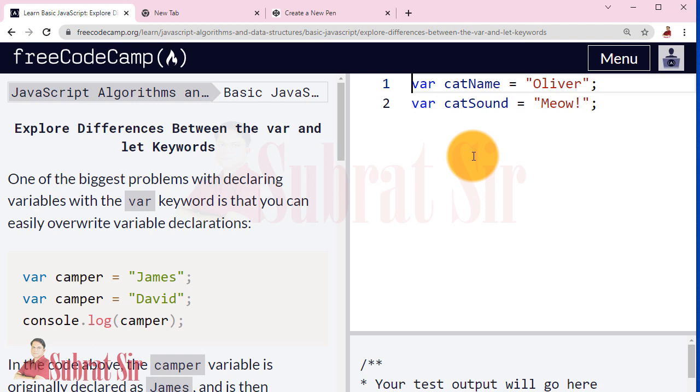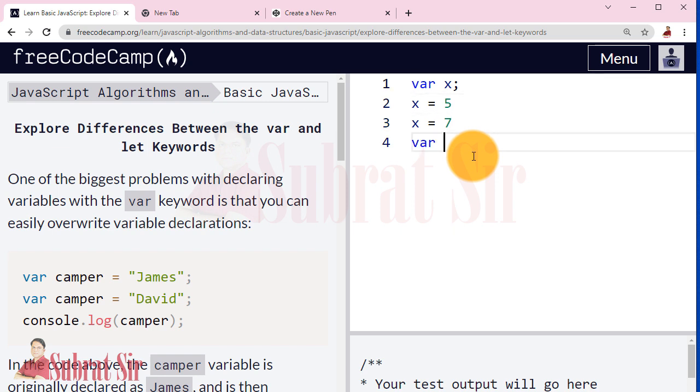Okay, in our previous class we have discussed two types of statements. One is declaration statement and another is assignment statement. So you can declare a variable only once, but you can assign any number of times. Right? If you declare it again and you declared using var keyword, suppose var x equal 5, then you again wrote var x equal Ramesh.